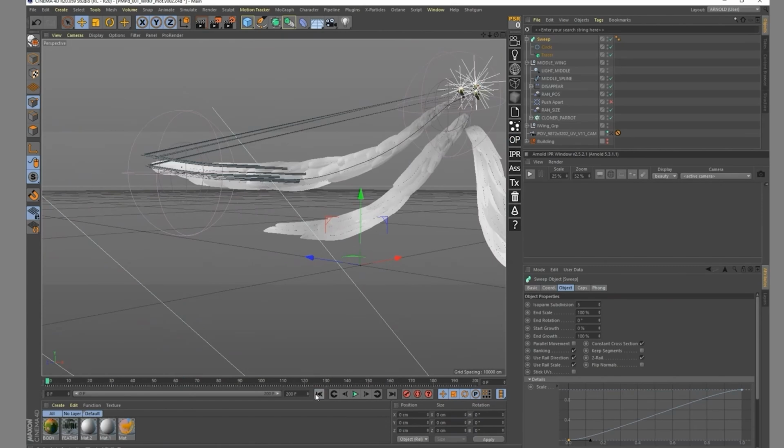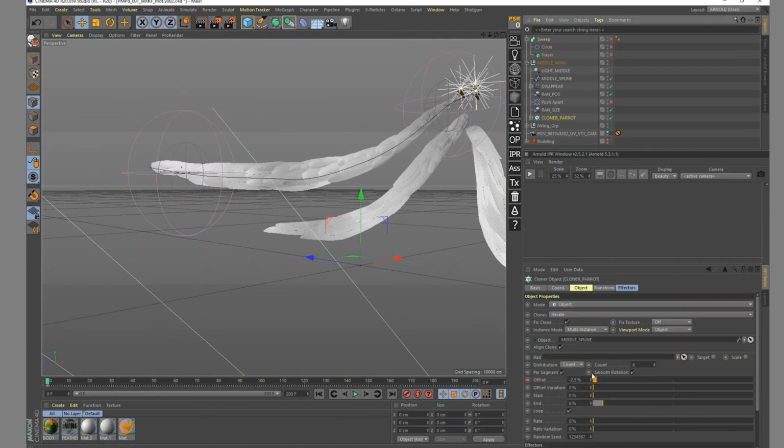Since I realized that I have an issue with my tracer, I'm just gonna deactivate my tracer and everything. And I'm gonna change the way my cloner is done by just not having it going over minus, but I'm just gonna put from 0 to 100. And I'm gonna animate the end of my group.